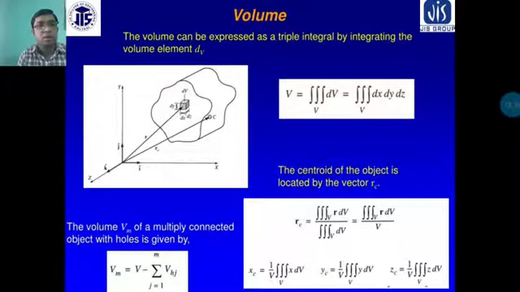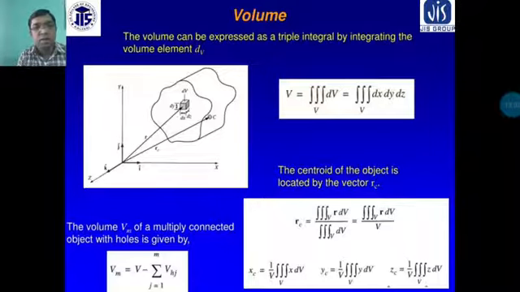Then the triple integrals are computed by integrating the volume elements, that is dV. Similarly, the triple integral requires the three coordinates, dx, dy and dz, and this coincides with the volume, so the triple integral will be considered.